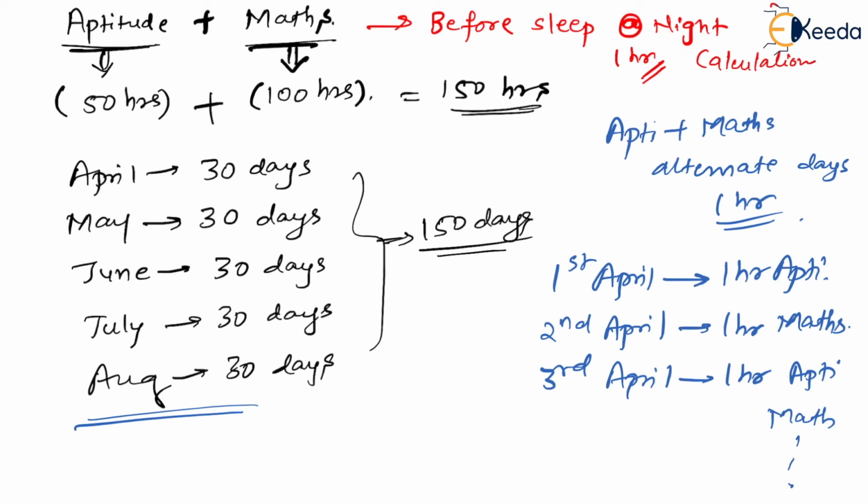So if you do calculation oriented, or we can say numerical subjects, at that time, then your focus will be strengthened again. Your focus will increase and your sleep will also go. So you will have to deal with aptitude and maths before sleeping at night. Every night you have to do that from 1st April to 30th August. If you do, automatically it is going to be completed.